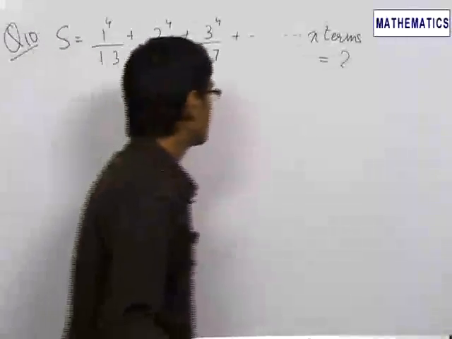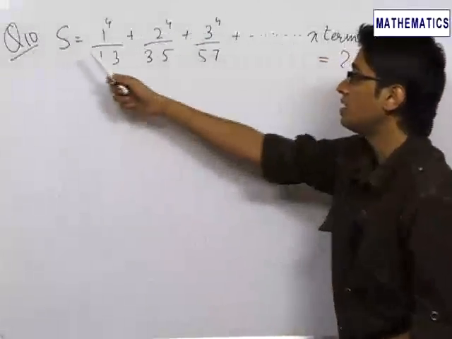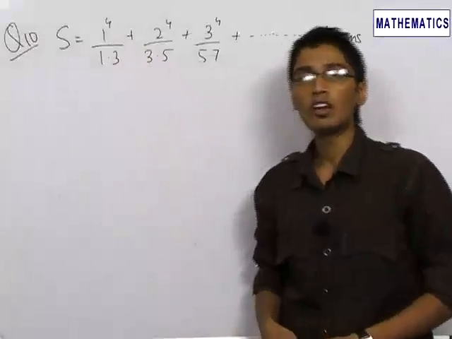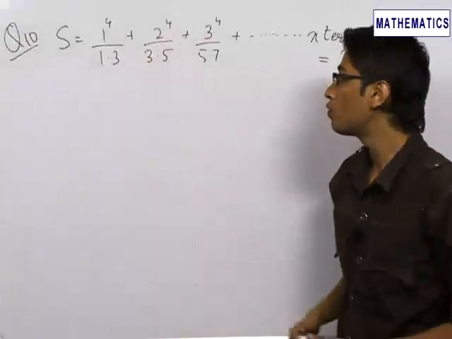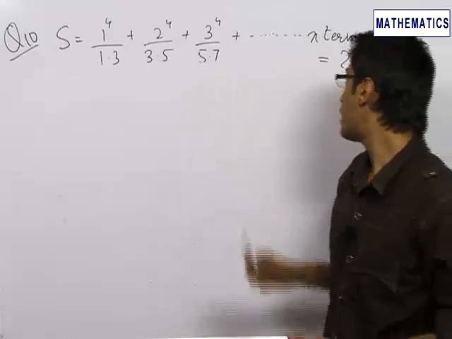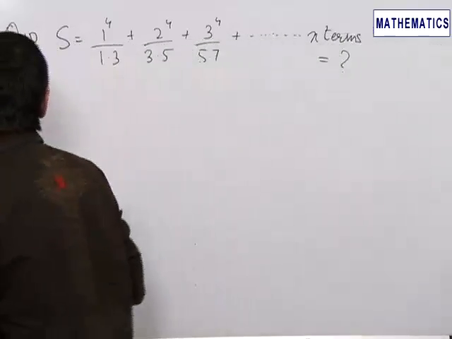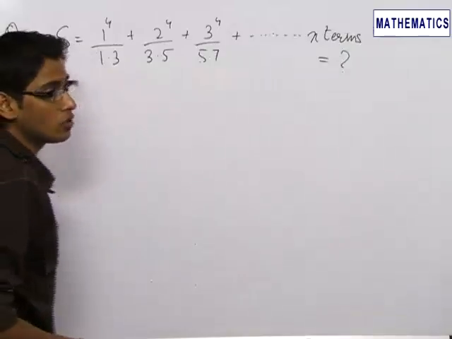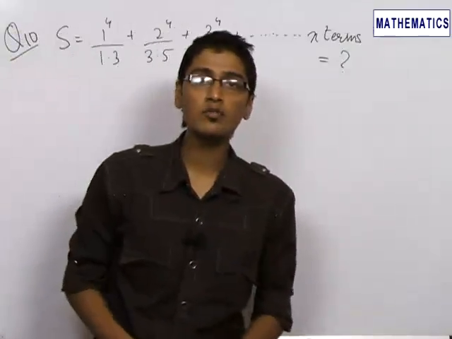In our 10th problem, we need to find the sum of the series which is given to be 1 power 4 upon 1 into 3 plus 2 power 4 upon 3 into 5 plus 3 power 4 upon 5 into 7 up to n terms. Now, in order to find the sum of any unknown series, the first step is to find the nth term